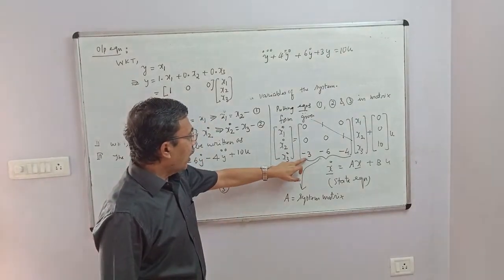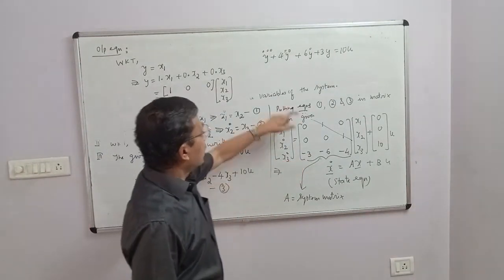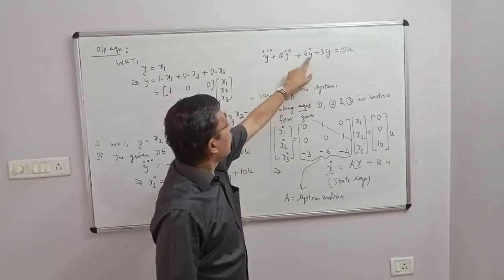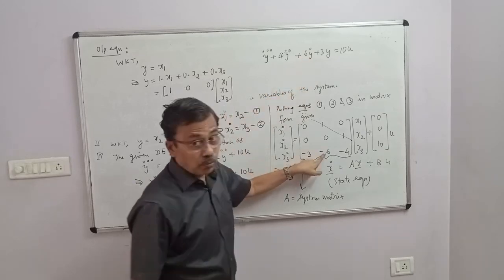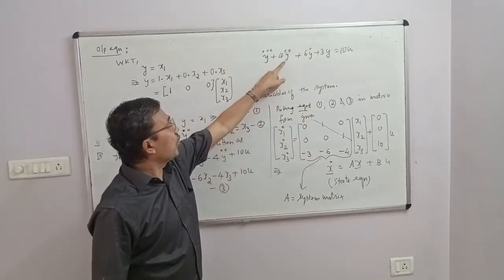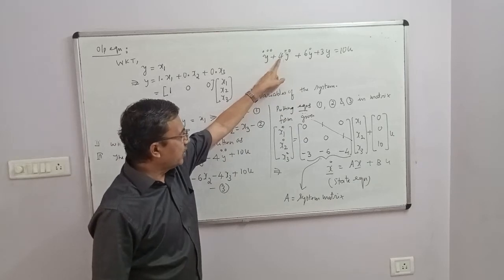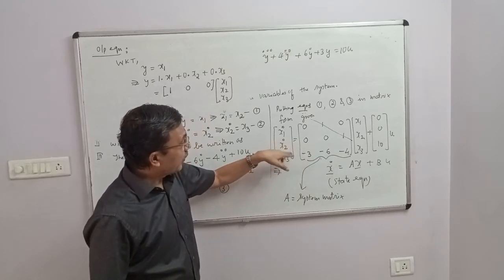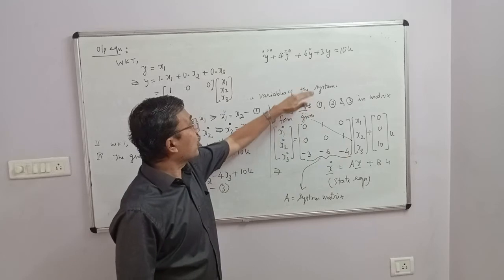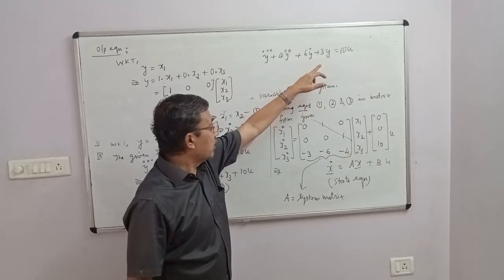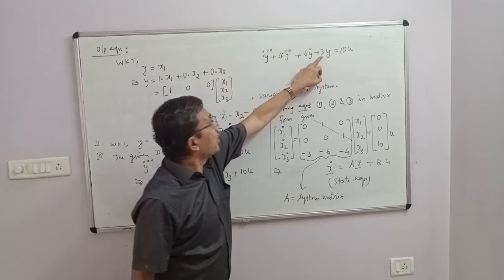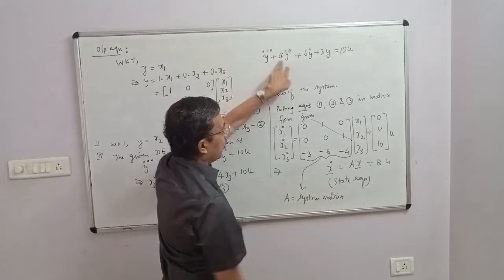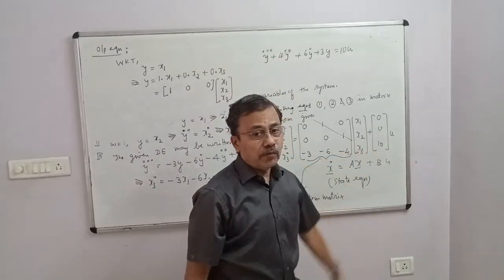Now you look at the last row. This is nothing but the coefficient of y with a sign change. Coefficient of y dot is 6, with a sign change it becomes minus 6. Coefficient of y double dot is 4, correct? With a sign change it becomes minus 4. So please note that for your verification, the last row contains the coefficients of the differential equation with sign changes. 3 becomes minus 3, 6 becomes minus 6, 4 becomes minus 4. And this 10 is nothing but the coefficient of U matrix.